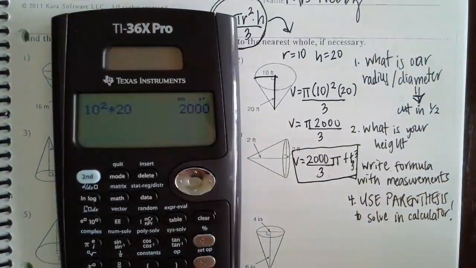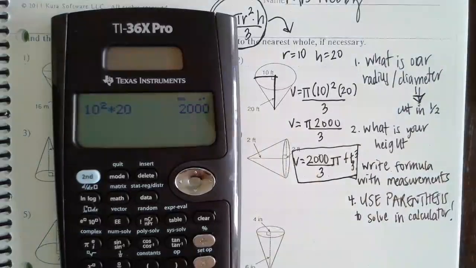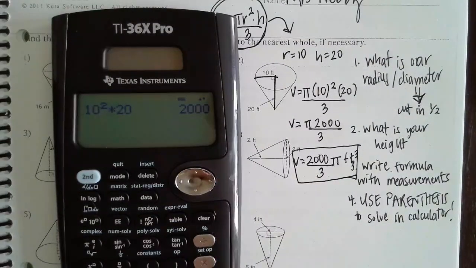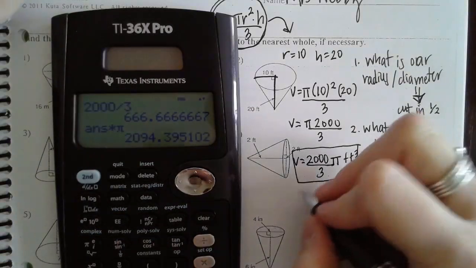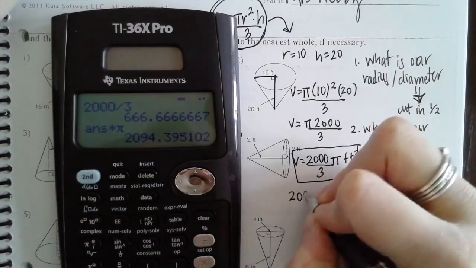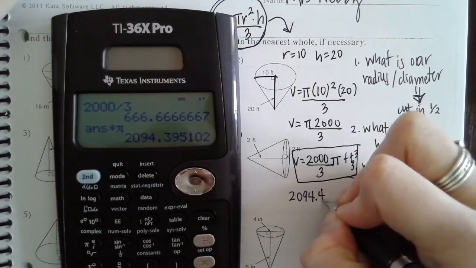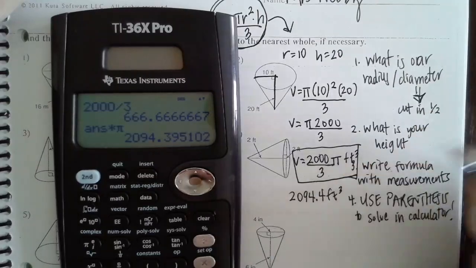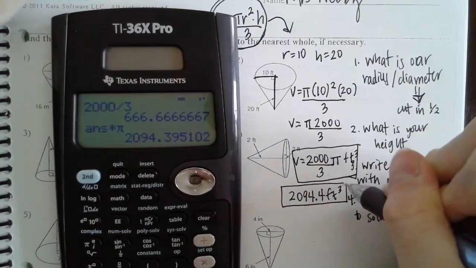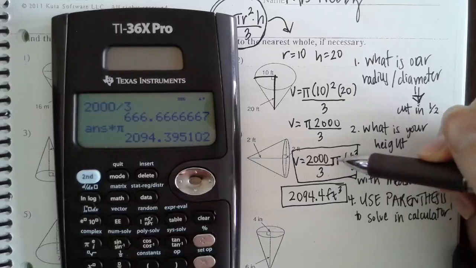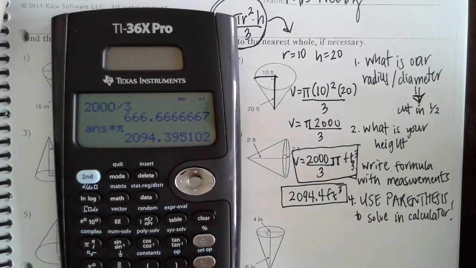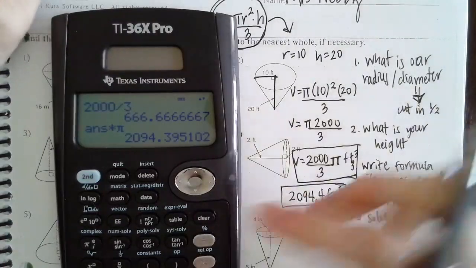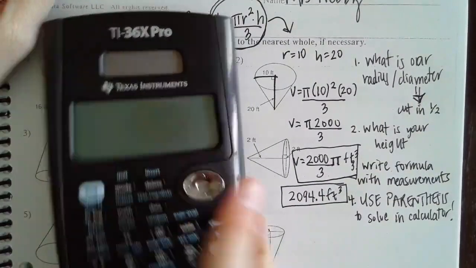And then the second answer is you're actually going to divide these. So in your calculator, you're going to do 2,000 divided by 3 times pi, and we get 2094.4 feet cubed. That is our second answer. So one answer in terms of pi where you leave the pi alone, and the second answer with the pi multiplied through. So I hope that you understand how to do cones now, find the volume of the cones,